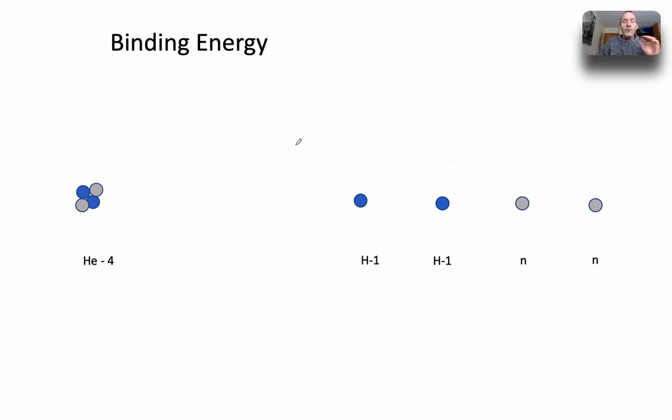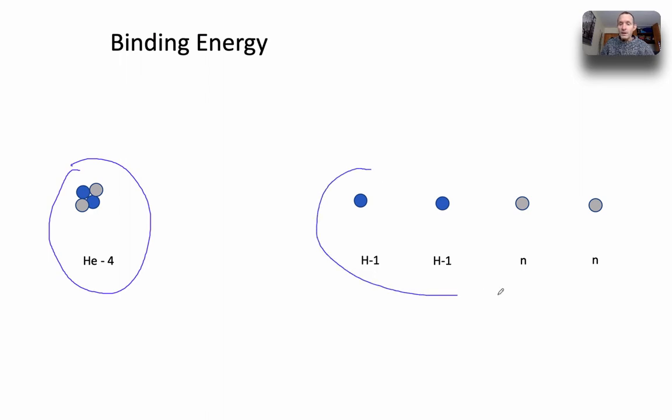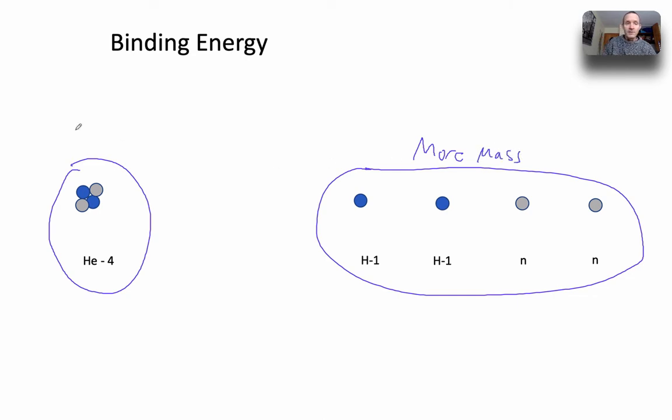Okay. The first thing is binding energy. And the good news is that if you learn how to do binding energy problems, almost every single problem on this test uses the same technique. And the concept here is that if we've got a bound helium-4 atom, if we tear that apart into two free hydrogen atoms, that is, we represent it this way, and two neutrons, these things have more mass, and this has less mass,